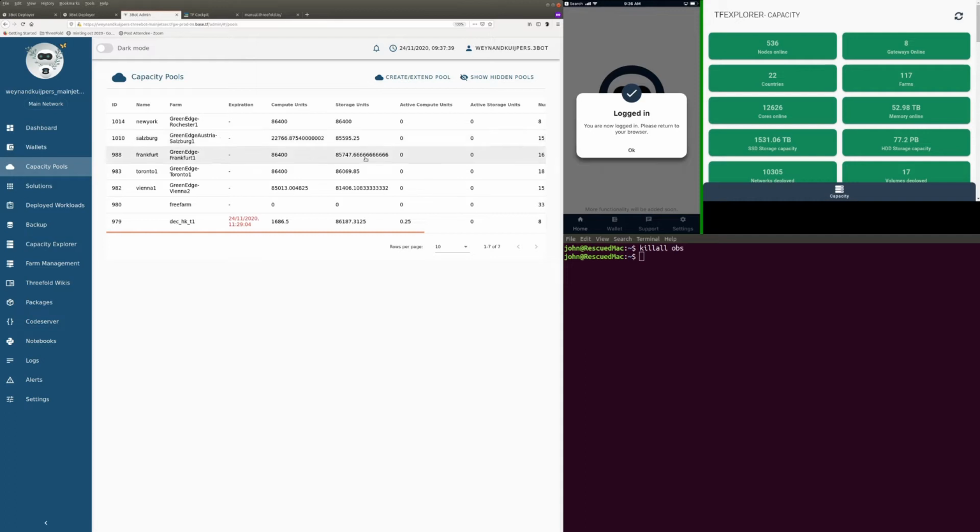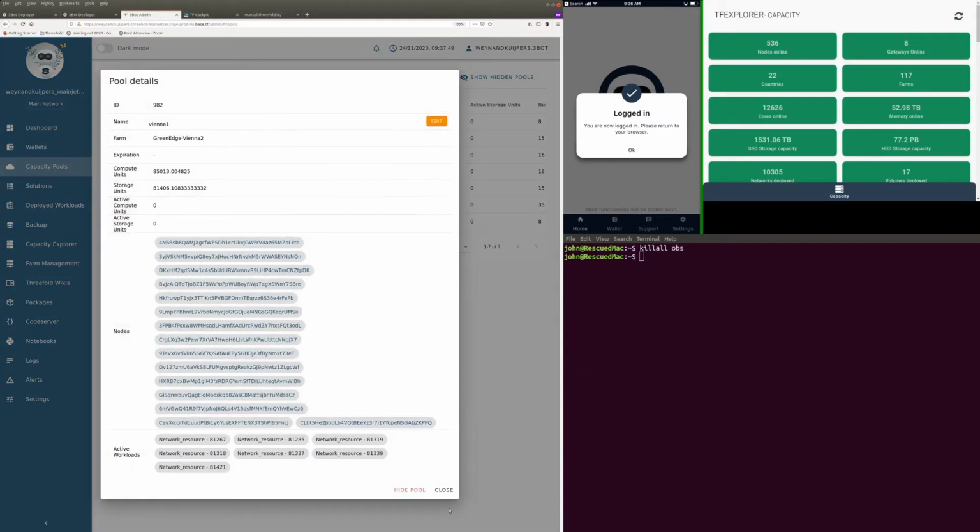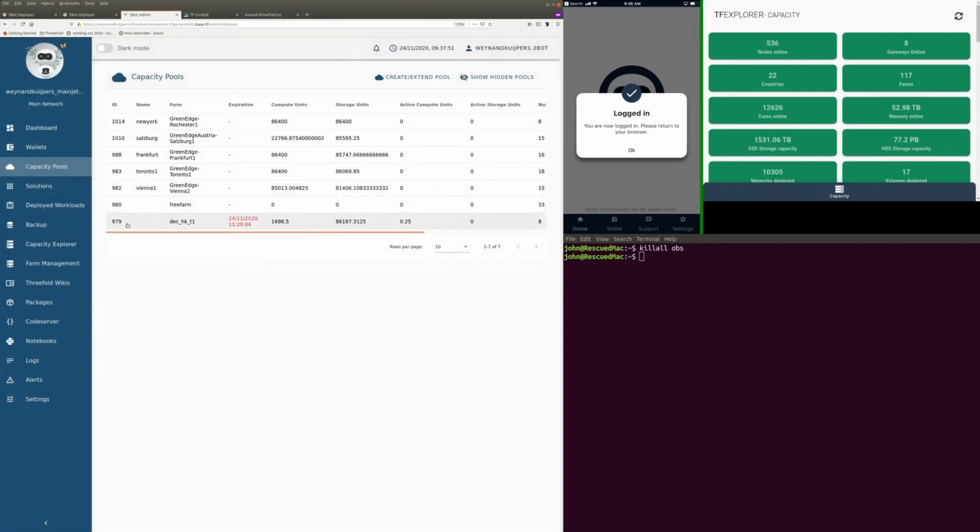Again, the money is not being consumed, as you can see, because it says active storage units, active compute units. None of these have active components in there, except this one, which is in Hong Kong, the Dragon Edge cloud farmer, in which I have my 3bot hosted. And as you can see, it consumes 0.25 compute units per second. I've got 1686 left,